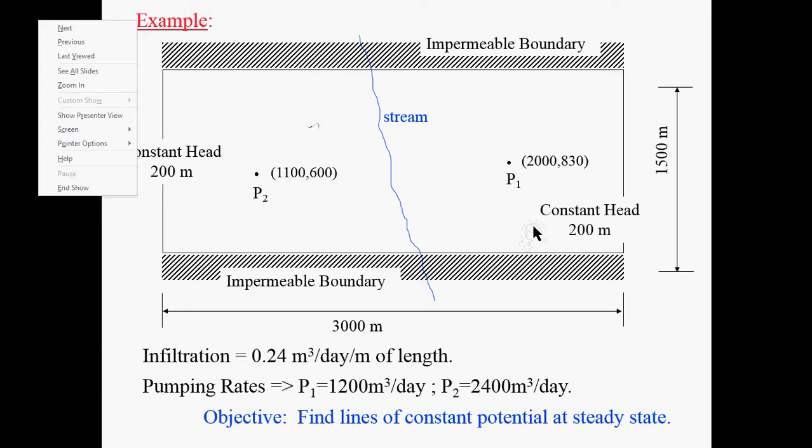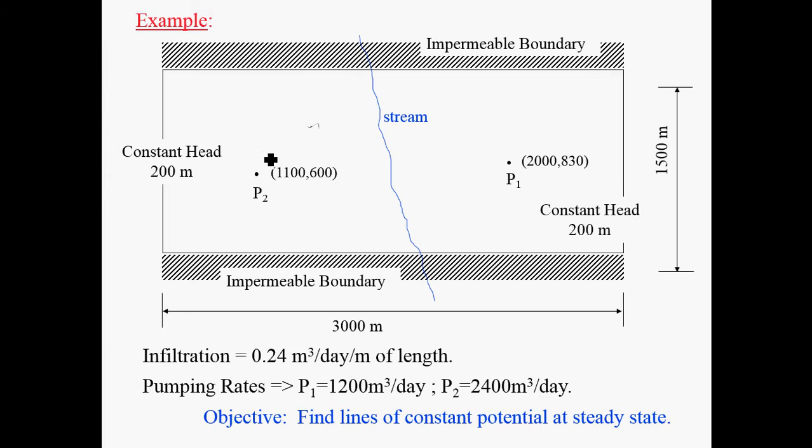Once you have that mesh, we should be able to, hopefully, make these pumps coincide with some nodes in such a way that you will be able to do this,